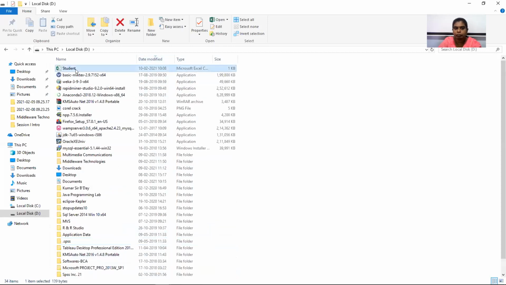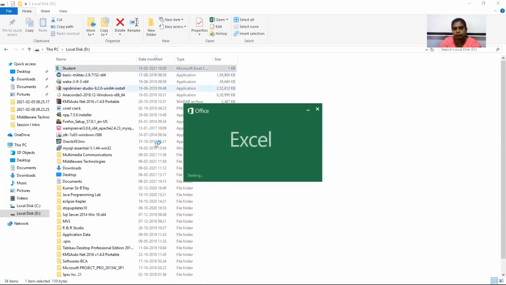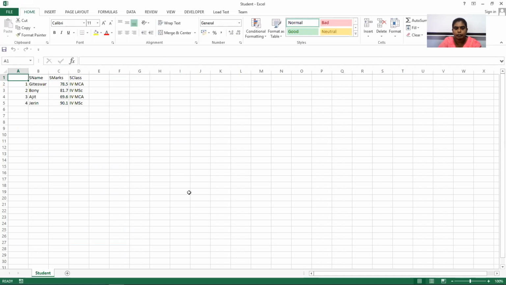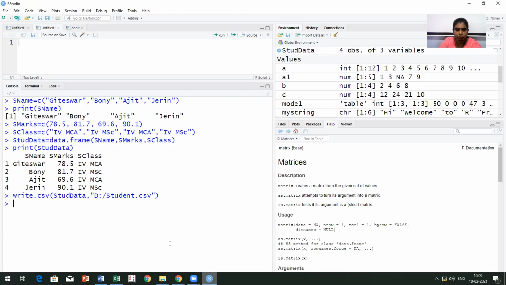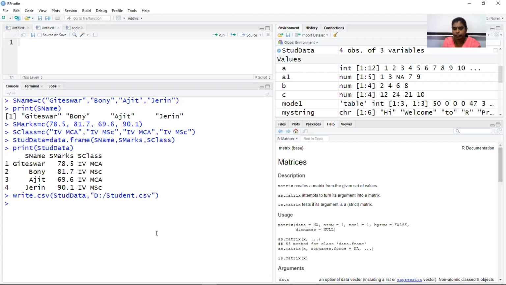Yeah, there is one file which is created, student, which is a CSV file. It was created today at 10:08 a.m. I'm opening this file, and I can see whatever values I have given are saved. So these are the column names, the attribute names we have given, and this is the row index, which is added by default. You are able to create the same file. I'll show you the command one more time. So this is how I save my data frame.